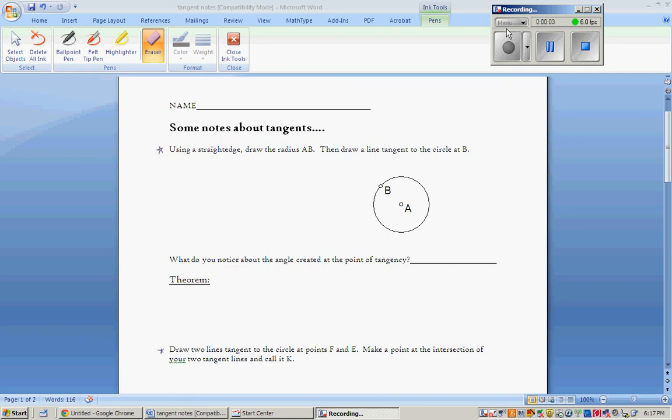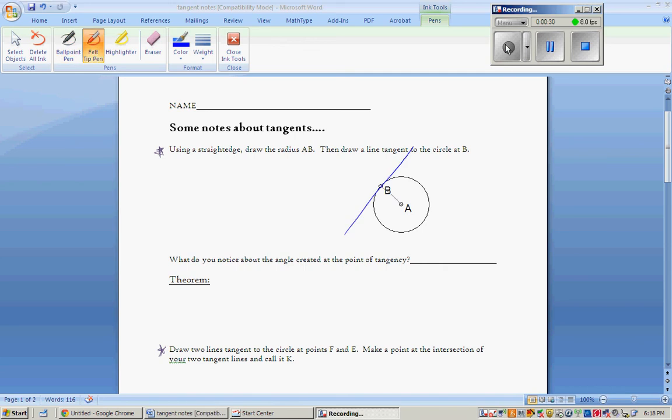We're going to learn a few things about tangents. You're going to need to follow the directions, such as using a straight edge, draw the radius AB, and also draw two lines tangent to the circle. Pause the video, get it drawn, answer the question: what do you notice about the angle created at the point of tangency? And then hit pause, and we'll go over what is going on